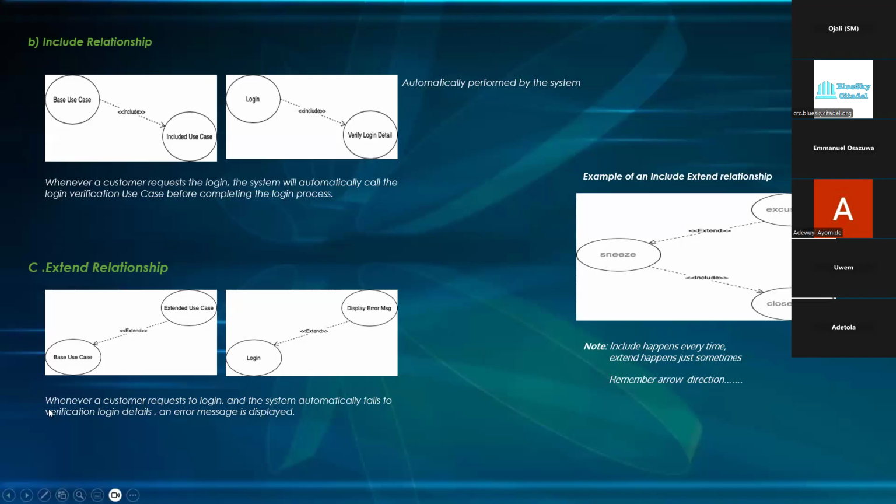For example, the base use case, again, the extend relationship also has a base use case and an extend use case. Now, a base use case in this case is independent. It can work alone. It doesn't need the extend use case to be triggered before it can be completed. See this example. You log in. If your login details are incorrect, of which in most cases, if we know our login details, once we log in,